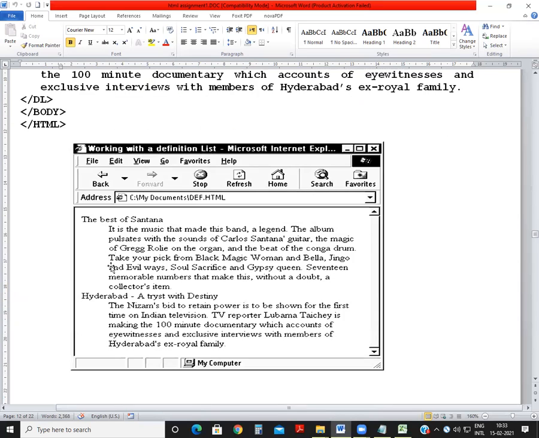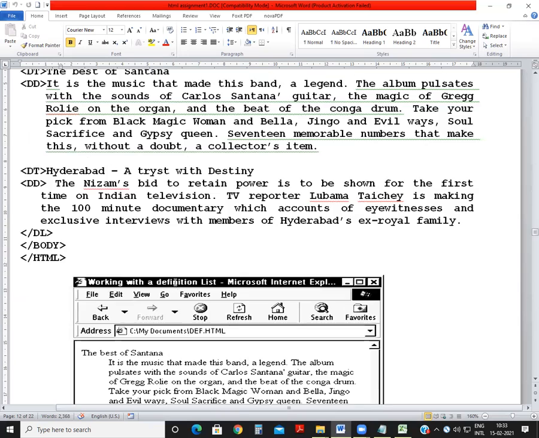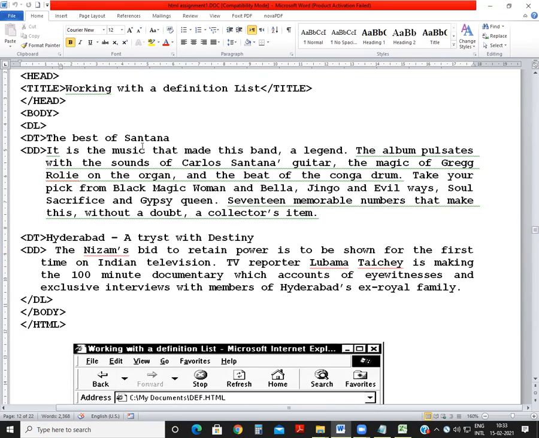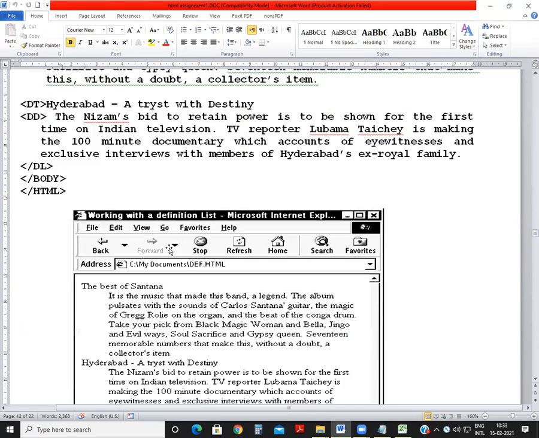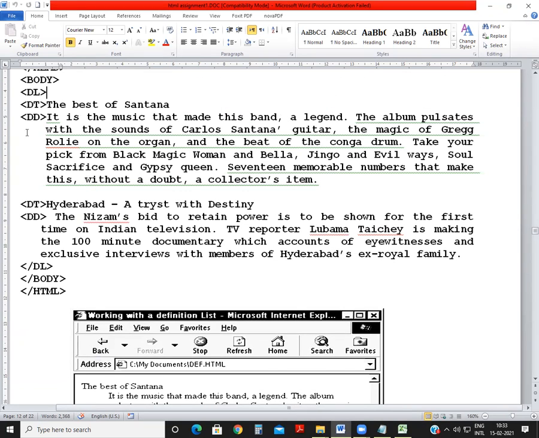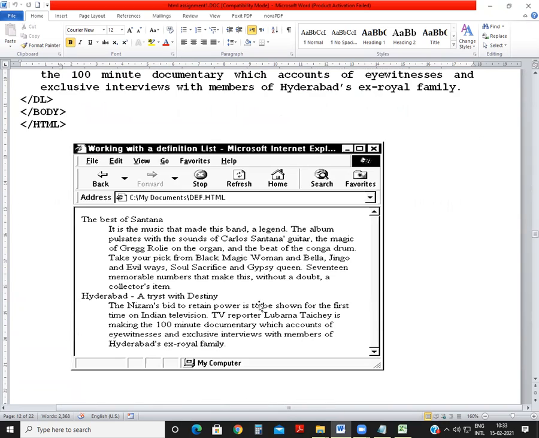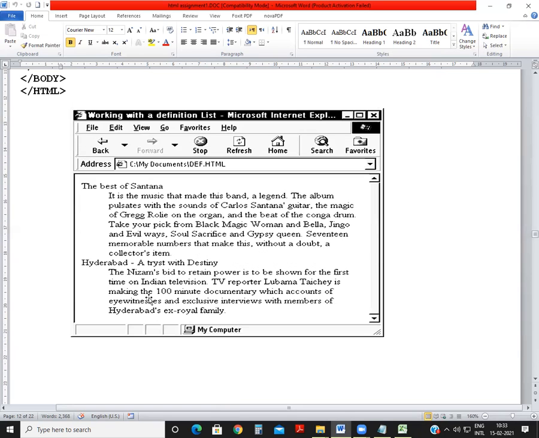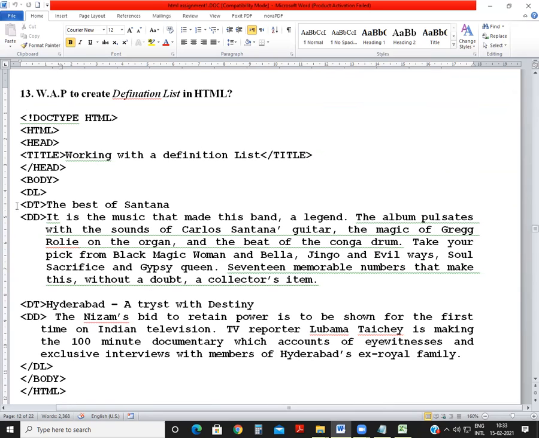It will look like this. See, this is a preview. If you write the title, it will come like this heading, right? And whatever you write in this dd, this paragraph will come like this. See, there's some gap from the left side, like this is the title and this is the detail. The preview will come like this with the tags dl, dt, dd.